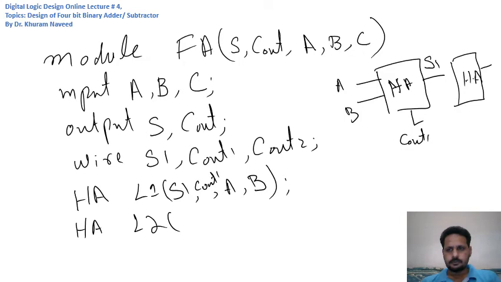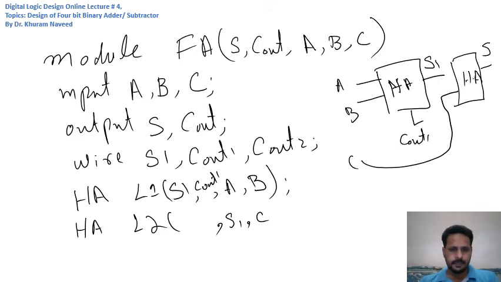HA, तो जो इसका सम होगा C के साथ, तो उसको हम S कहते हैं। तो यहाँ पे आपकी जो इनपुट्स हो जाएंगी वो एक तो S1 होगी, जो कि प्रीवियस हाफ एडर की आउटपुट थी, और दूसरी C होगी। इसी तरह ही करते हैं हम प्रीवियस हाफ एडर के सम को C में ऐड करते हैं, और जो इसकी आउटपुट होगी वो एक्चुअली में S होगी, और दूसरी आउटपुट C आउट होगी।